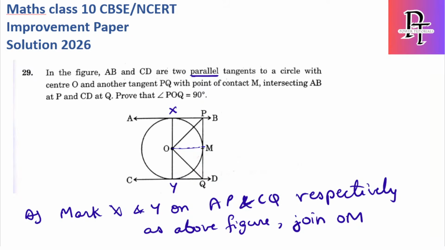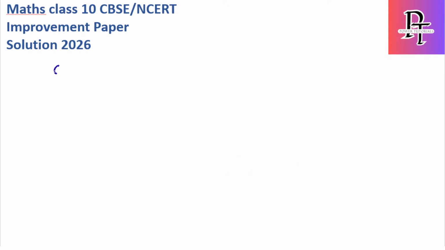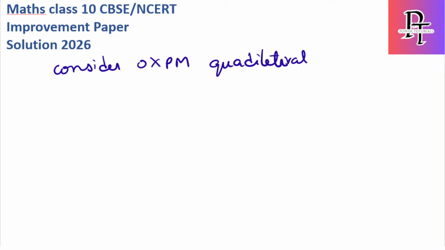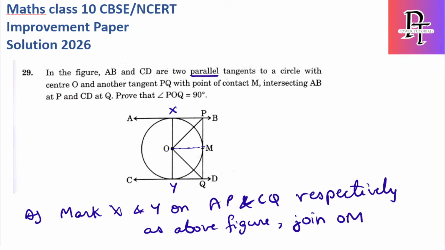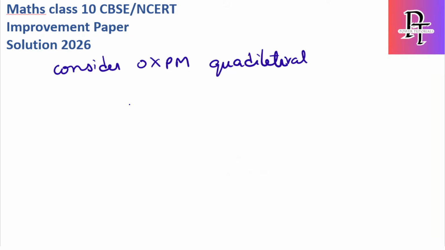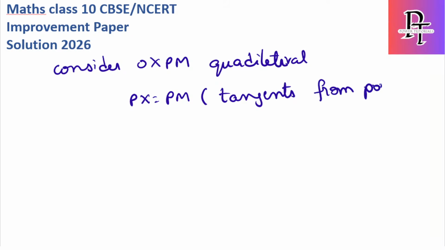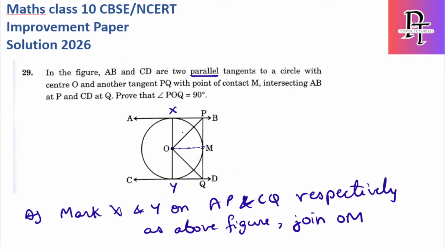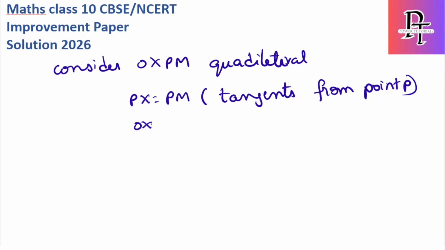Now consider OXPM quadrilateral. If I consider OXPM, what I can get, PX is equal to PM, tangents from point P. Same way OX is equal to OM, these are nothing but radius, and